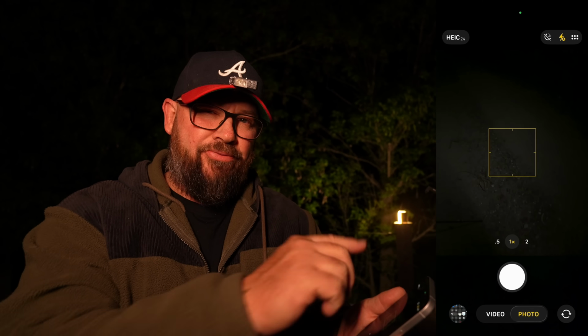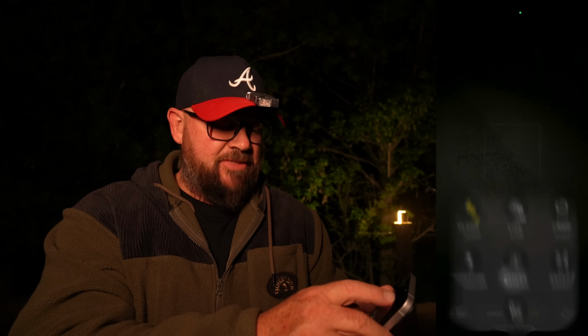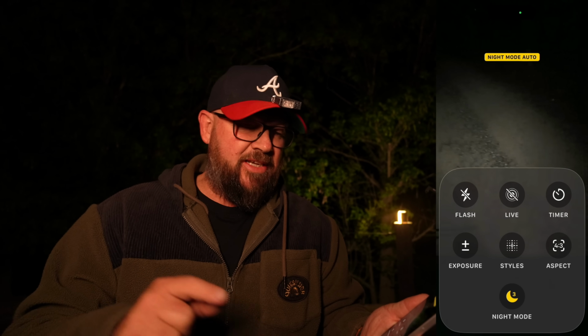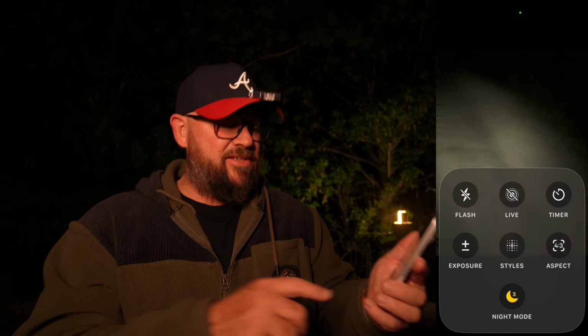automatically, sort of. Up the top right-hand corner you've got 6 buttons. Just touch on those 6 buttons. We're going to turn that flash off. And down the bottom here we've got night mode. If we put it to there, it's going to do it automatically, and we're moving around a little bit, it's going to do it for 3 seconds. If I hit it again, it's going to give me the maximum amount of time that it will whilst I'm